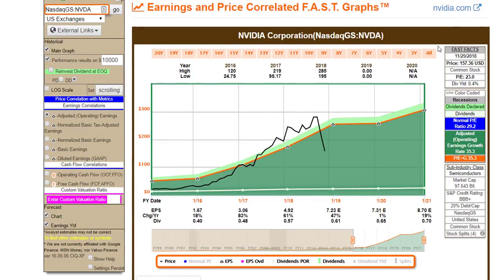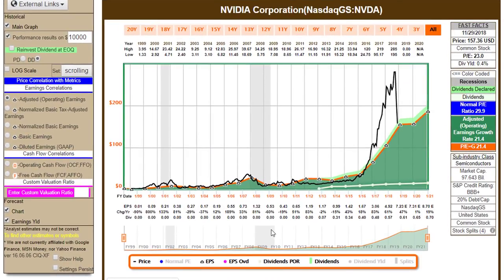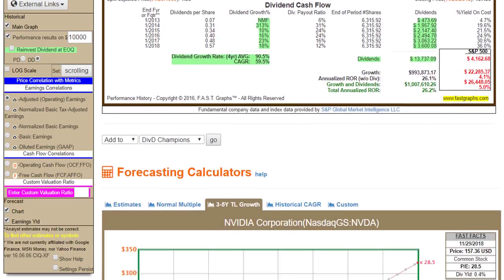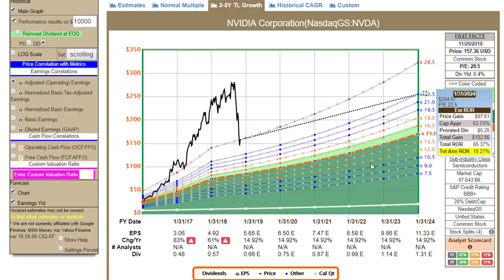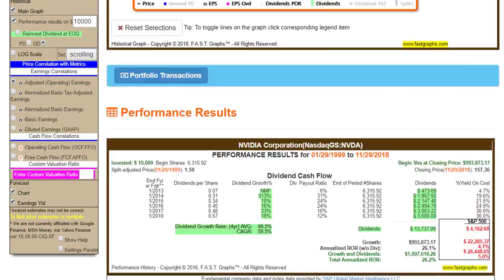But the point is this: when you're looking at a stock and trying to determine valuation, you have to recognize that valuation is relative. It's relative to what the company's growth has been in the past, but it's also relative to what it's been doing recently. And then most important of all, it's relative to what's going to be happening in the future. As I said in the written portion, you can learn from the past, but you can only invest in the future.